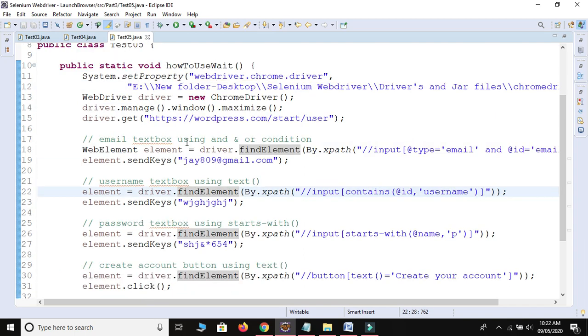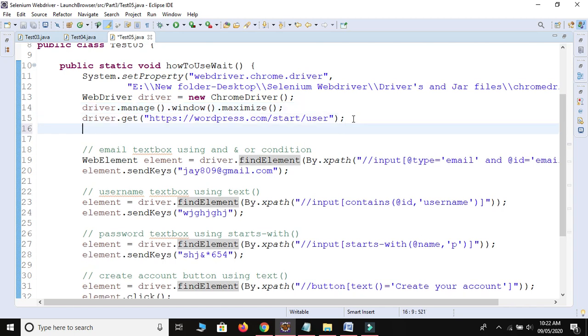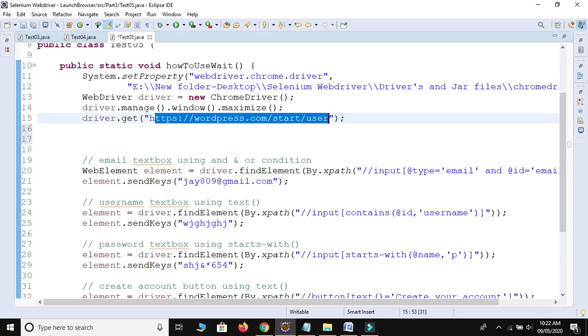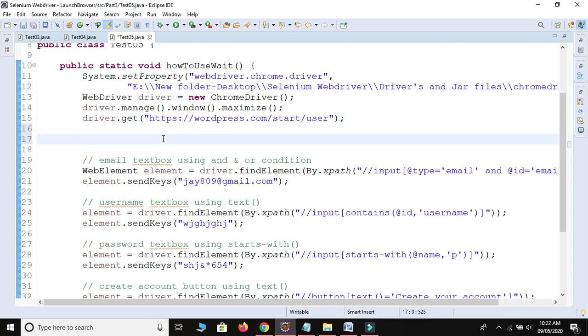So after launching the web browser, after maximizing the screen, and after launching the URL, because we know that at the time of launching the URL it will take some time, we pause our script for a certain amount of time.